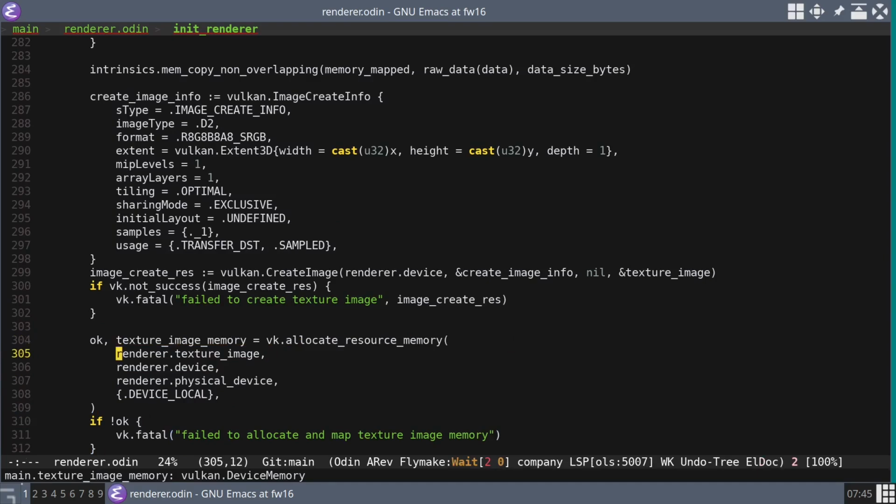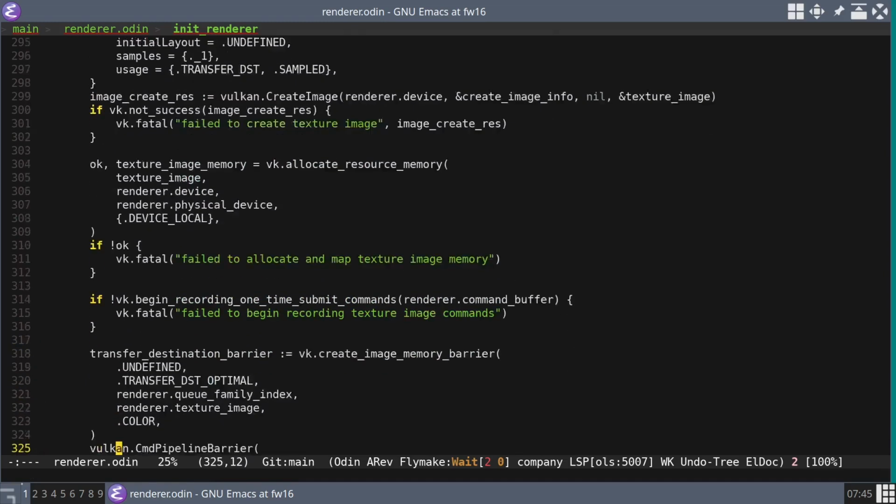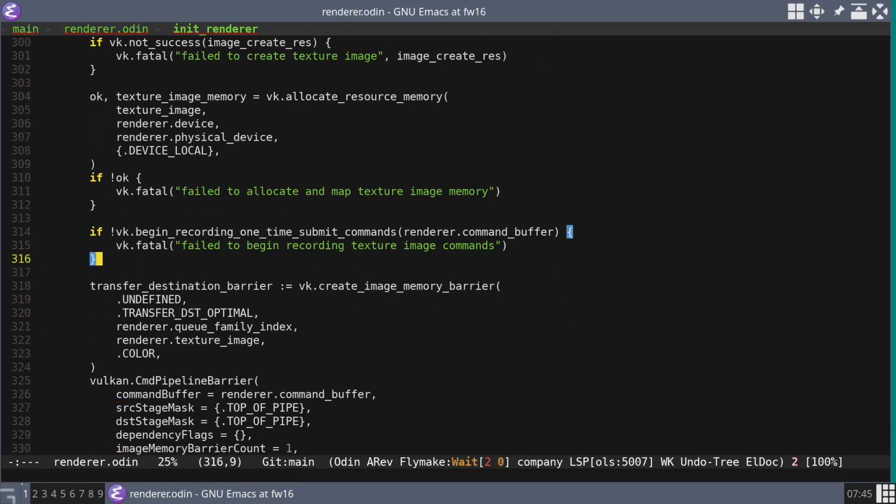We have to be careful here, because that is now this texture image. If not okay, failed to allocate and map texture memory, failed to begin. Calling texture image